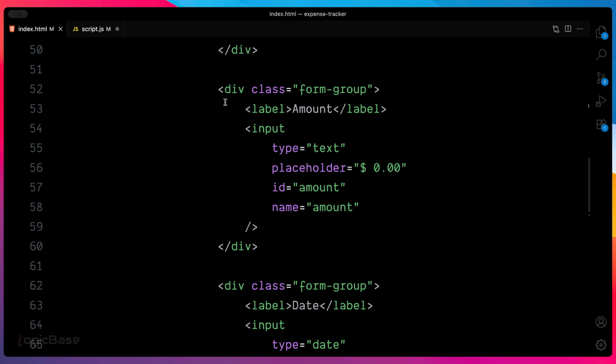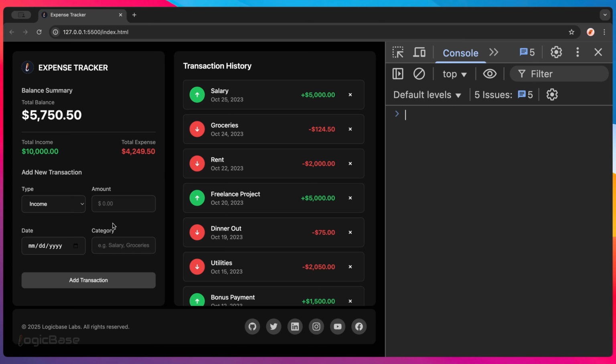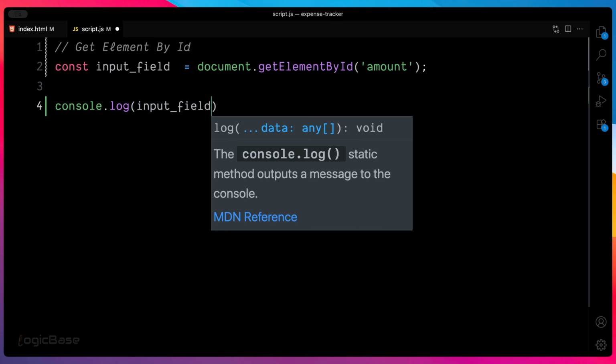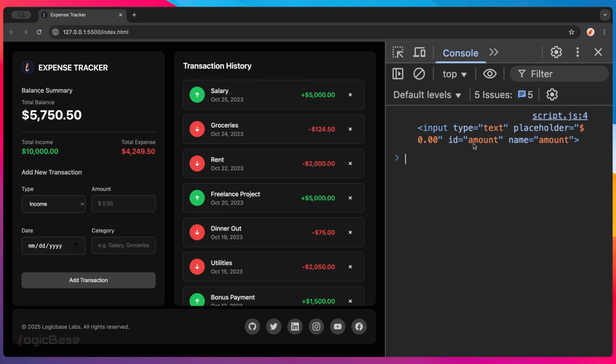Alright, now let's see how we can capture an element using getElementById. In our index.html file, you will notice an input field with the ID amount. This is basically the ID for our amount input field. Let's now select it using JavaScript. For this, we write const input_field and then assign it like this: document.getElementById in the bracket amount. Now, if we print the input_field variable in the console, you will see that the amount element shows up directly